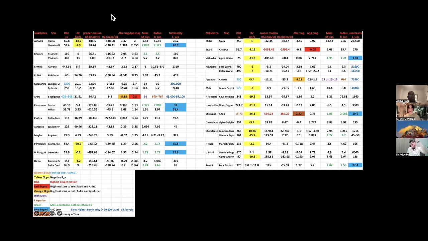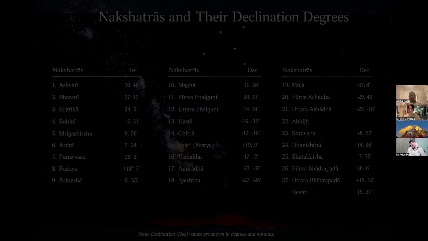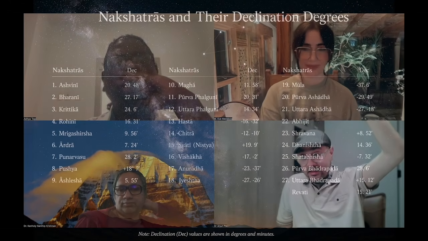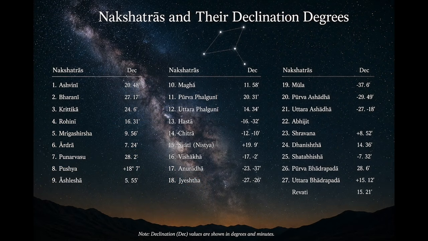So you will see Swati, Dhanishta, Shravana are all very high in the northern part, north of the ecliptic declination. Abhijit is minus 62 declination, which means the farthest. Then Dhanishta, then Swati, then Shravana. Pushya and Revati are very close to the ecliptic. And Ardra on the southern side is the farthest, minus 16, I think. If you have that slide, very interestingly, you can show that to people.